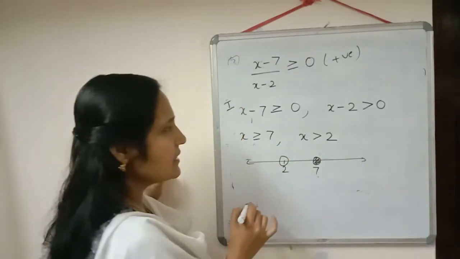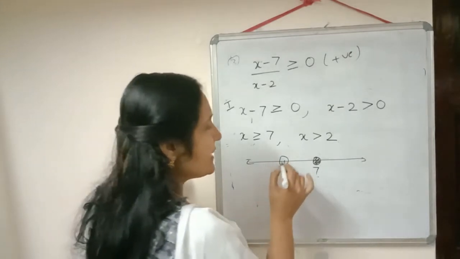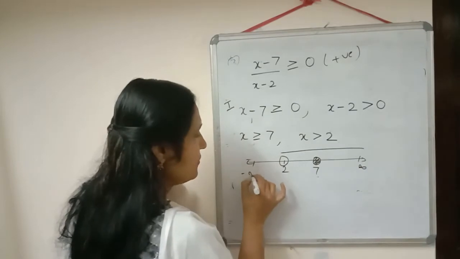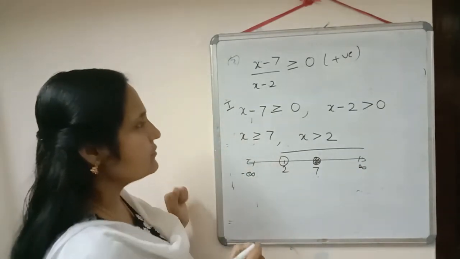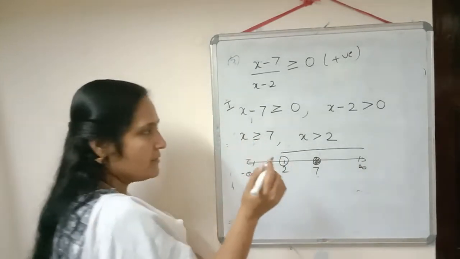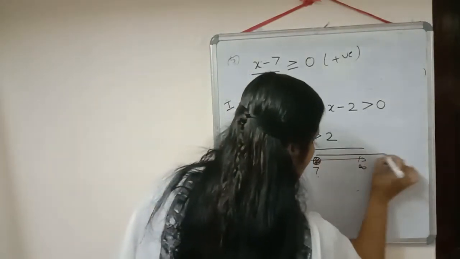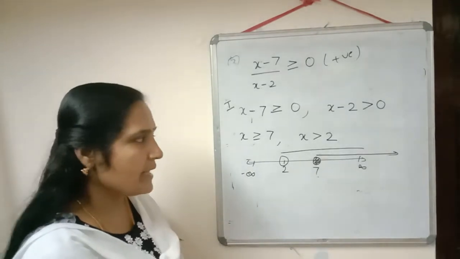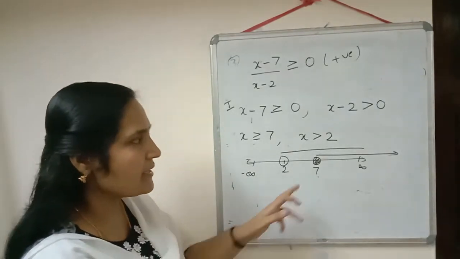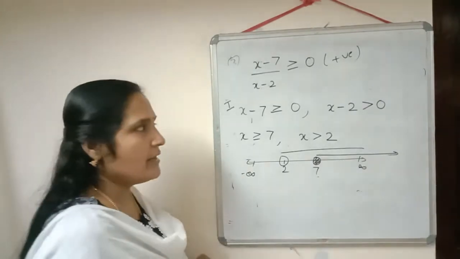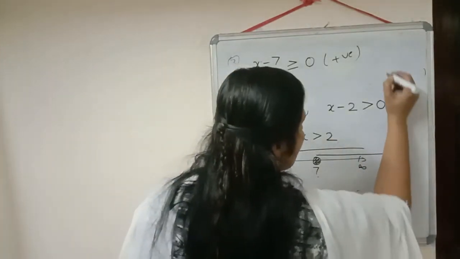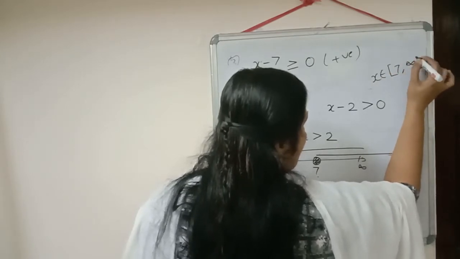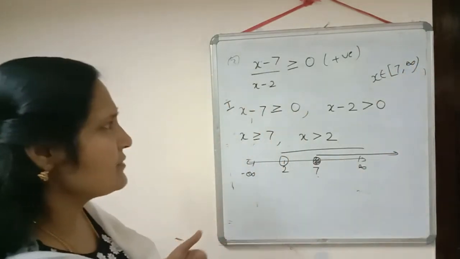Now what is the solution region we are getting? x greater than 2. So x will take all the values which are greater than 2. x will take all the values which are greater than or equal to 7, greater than or it can be equal to 7 also. So in this way only it will come. Then what is the common solution region we are getting in this case? 7 to infinity. So just write down there. In the first case, we are getting the solution region as 7 to infinity. First case we have taken.